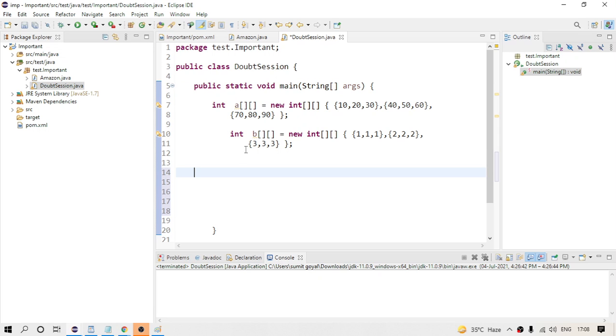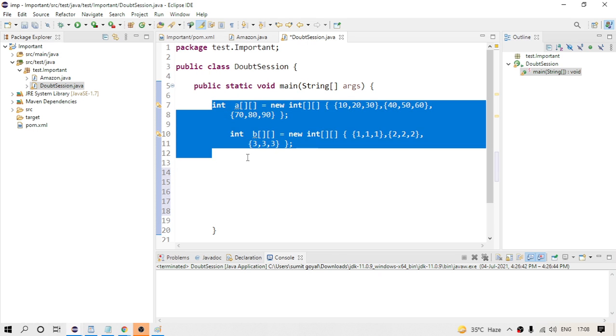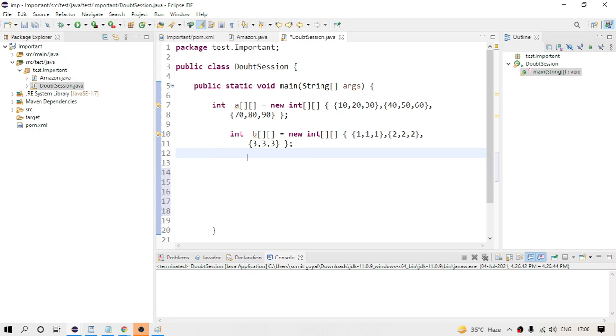Okay. So if you see this, we are having two arrays. Now I want to add these two arrays. So first we need to create one extra array, right? We need to create one extra array so we can store the output, because the output will be in the form of an array. So I will create one more array which will have the values. So int c will have the sum of the two arrays.